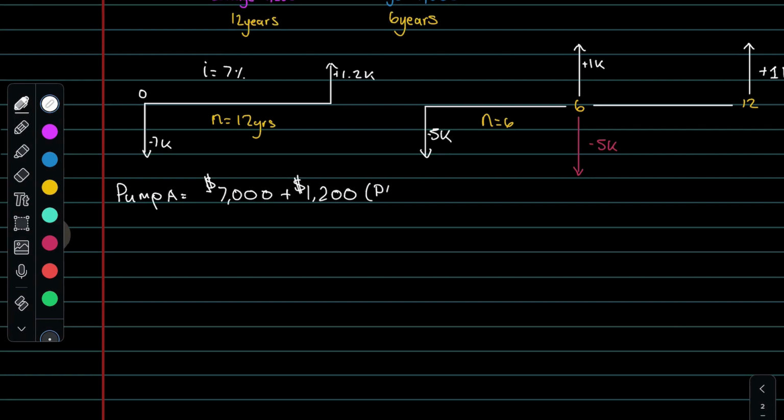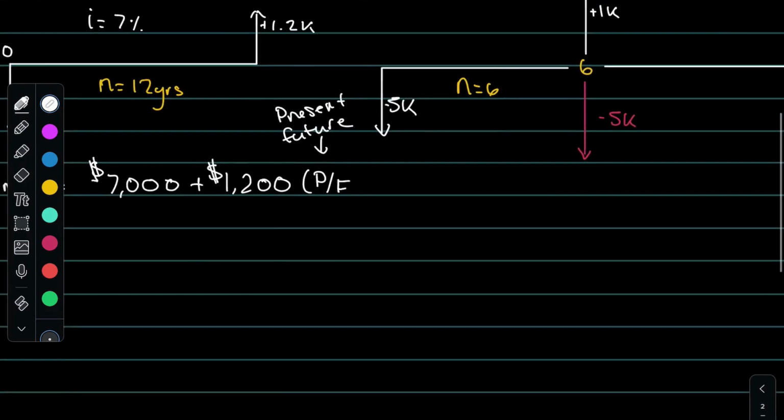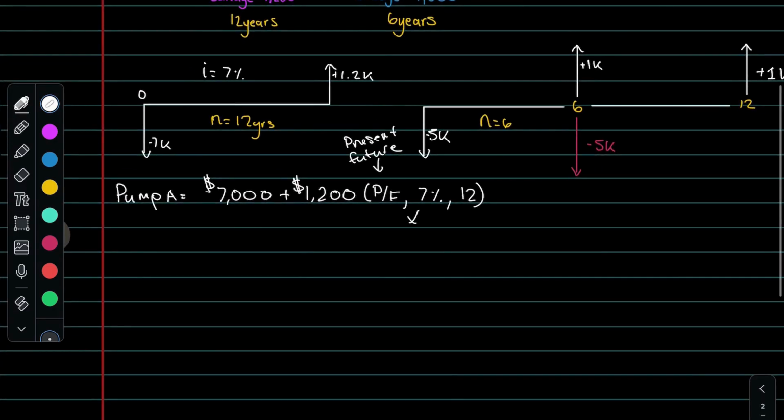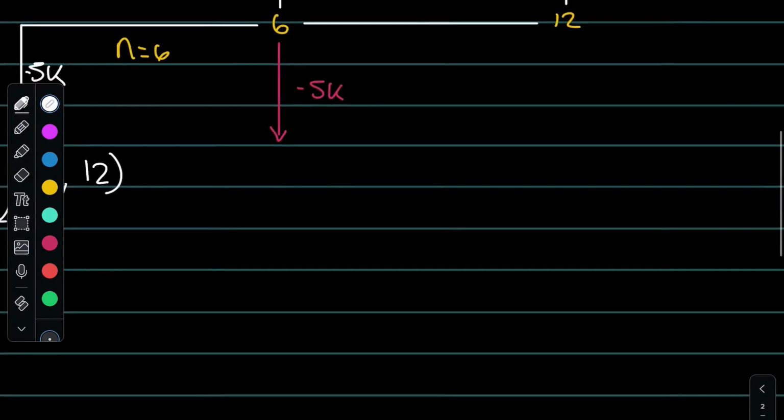But then it's going to be a present to future because we're now looking into the future. This right here is a present to future. Okay? So if we're looking at the present to future with the interest rate being 7% and the amount of years being 12, that is what we can use to look at a table and find our numbers. And so we'll do that in a second, but if we look at pump B,